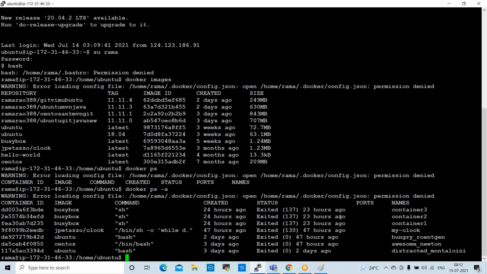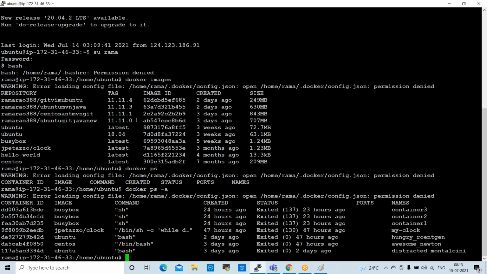Now I create three more containers within a different network. Directly we can create them in a different network, so there is no need to create them in the bridge network. When we create the container, we can specify the network, so that it will be created directly in that particular network.